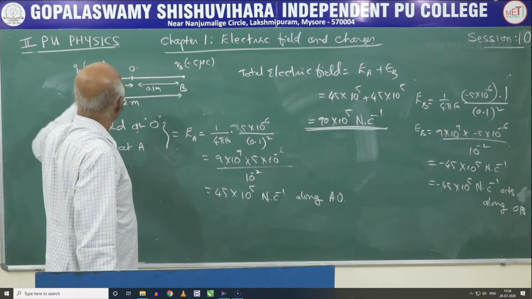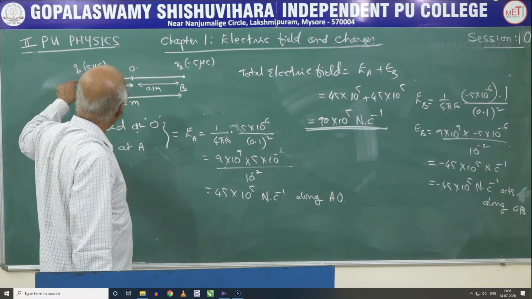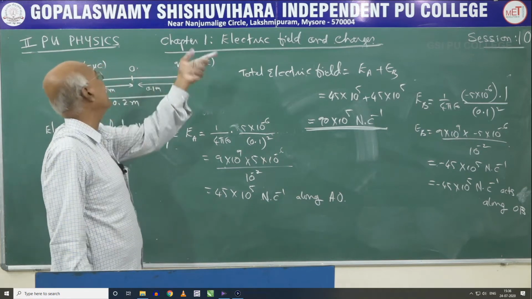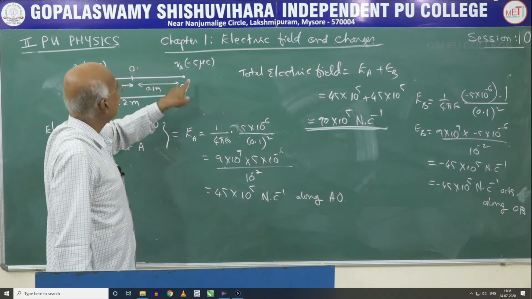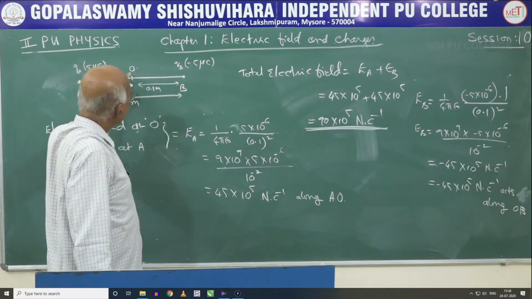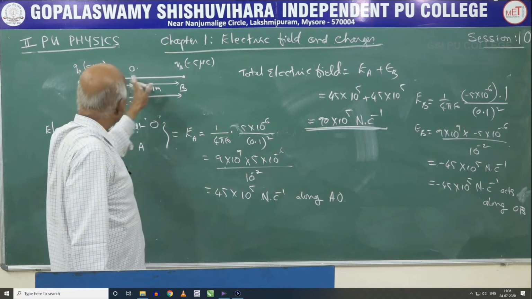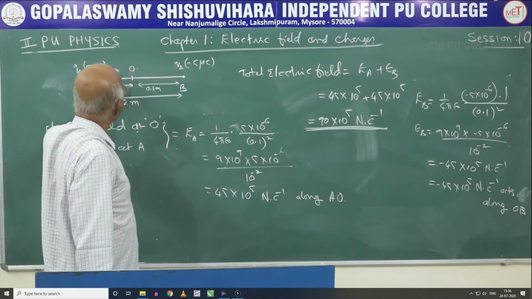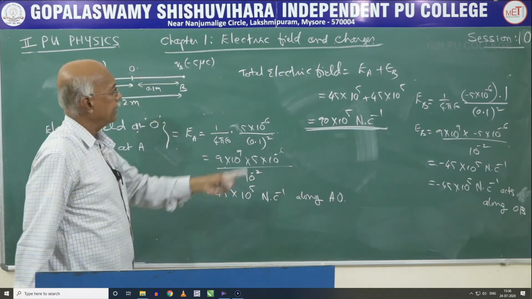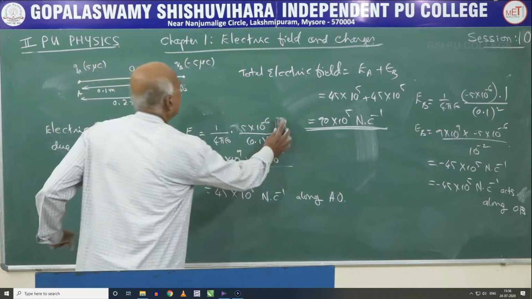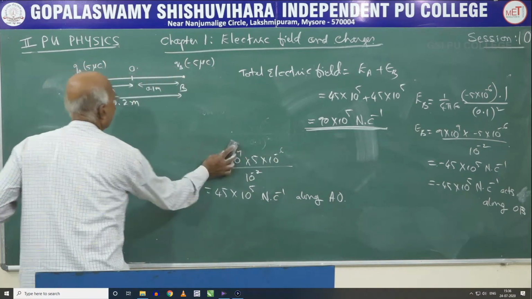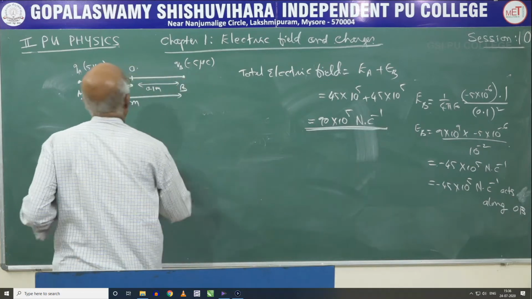At the point O, the charge available at A pushes the unit positive charge along the positive x-axis. The charge available at B attracts the unit positive charge at O along its direction. The motion of the charge with the electric field at O will be along the same direction, hence they get added up, and this is the value of the net electric field available at the point O.